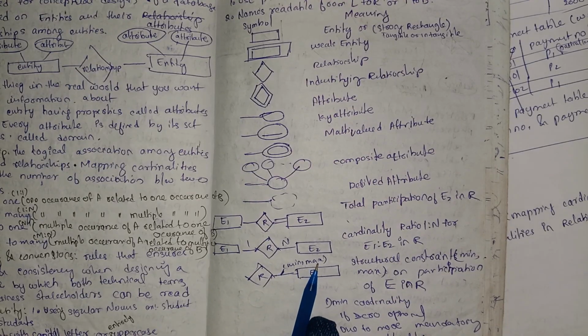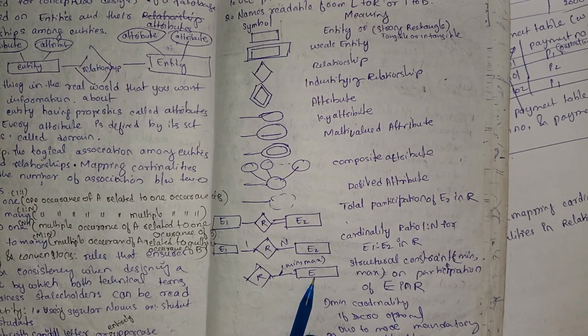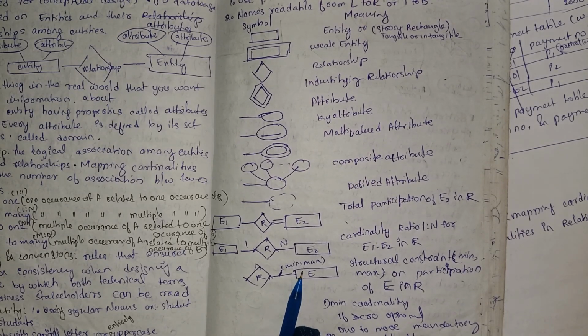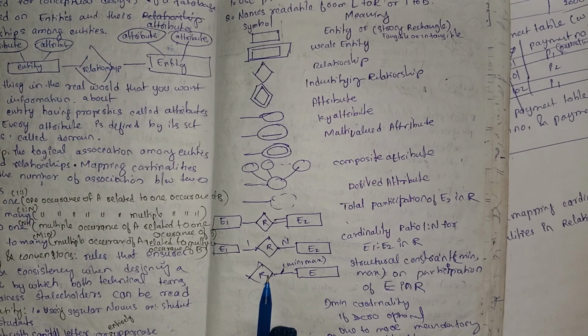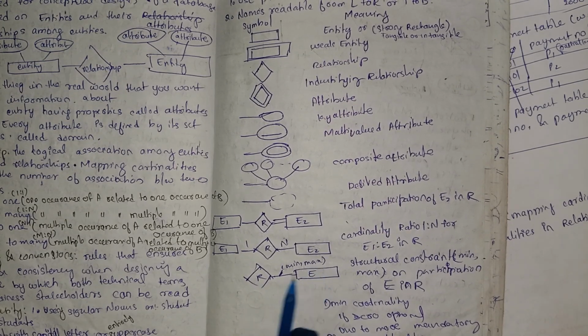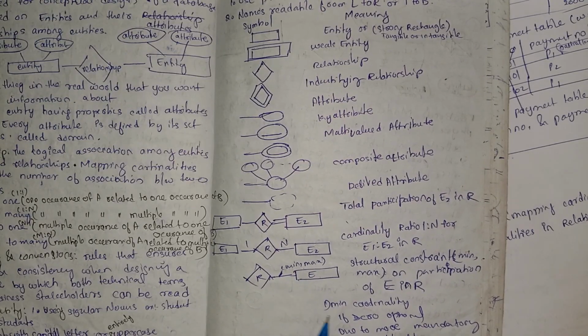And maximum indicates, if the maximum number of specific entities in this particular entity are participating in the relationship, then it is indicated by the maximum. The number we write here. Okay,